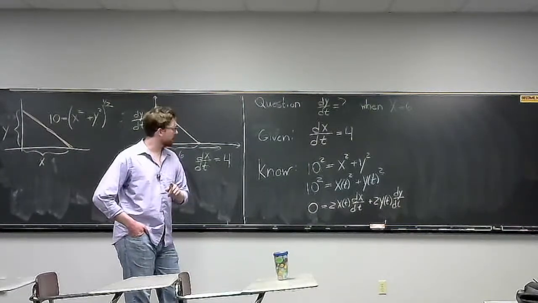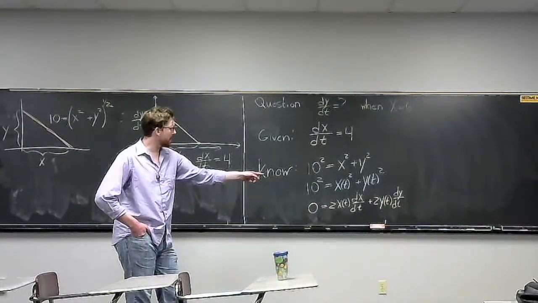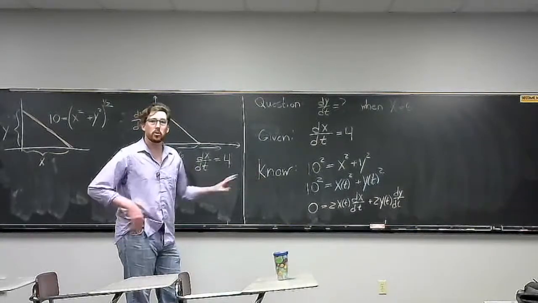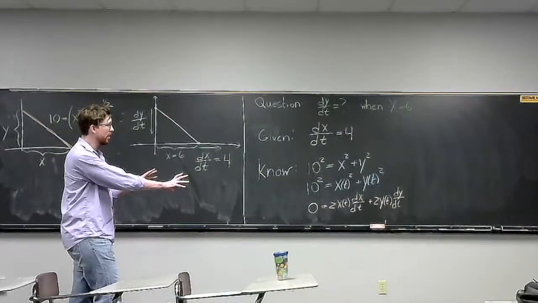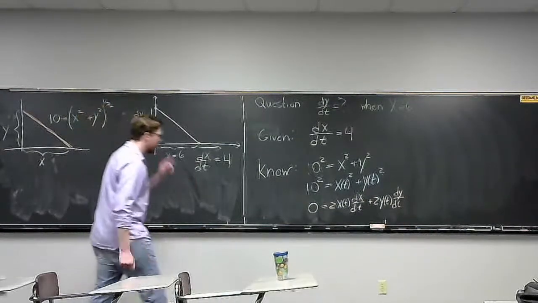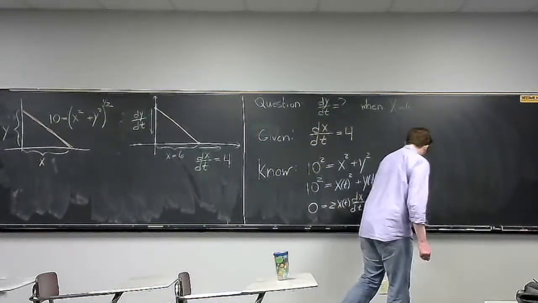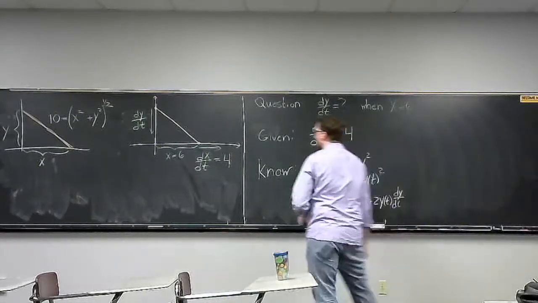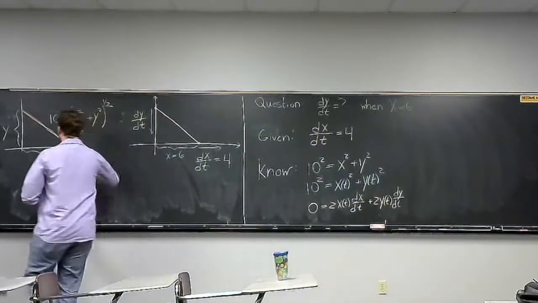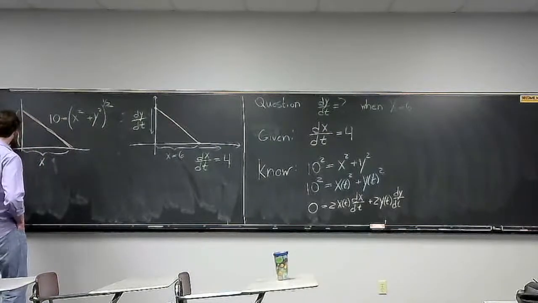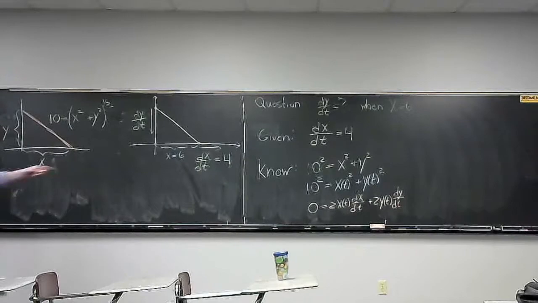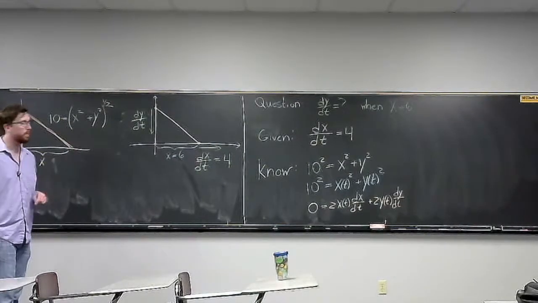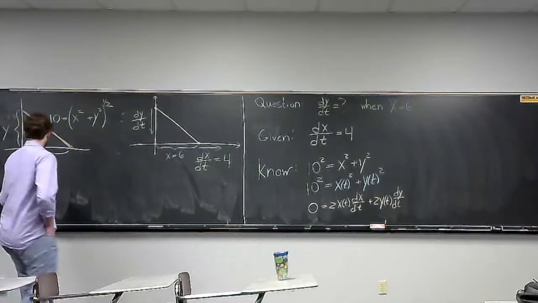Not just that, we're given what dx/dt is. So literally in this problem, the only thing we don't know is what dy/dt is. And the way to see that is by working some of this algebra out. So coming back over to this, we're assuming that x and y, like I said, are functions of time. That's why it's x of t and y of t over there. But moreover, we know that